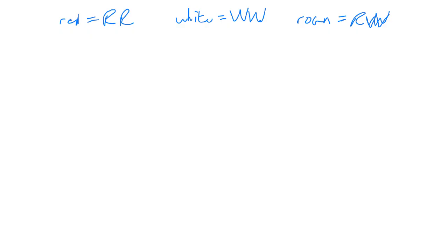All right, so it's patches. So the fact that the red is big R, big R, the white is big W, big W, and the roan is big R, big W,